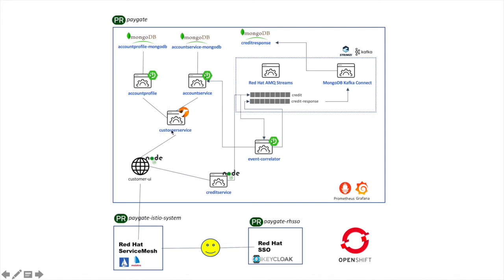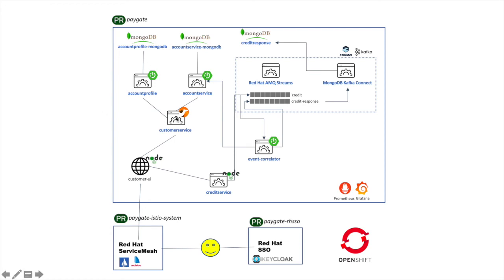This is where the customer service comes in. This is a JBoss Fuse service that is based on Apache Camel. When the customer UI calls the customer service to say, please get my account detail information, including my balance,